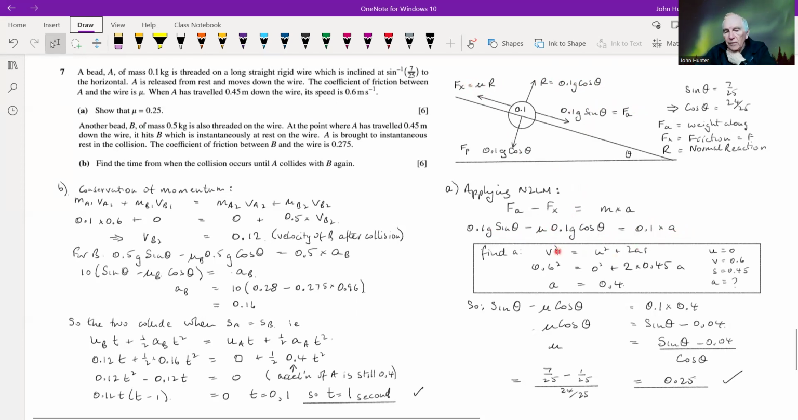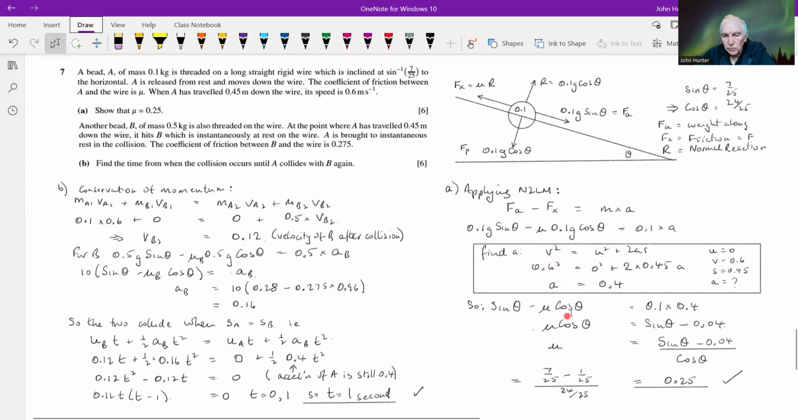But we can find the acceleration as a constant acceleration problem. And in this case, we're looking at the final velocity here. It starts from rest, so u is equal to 0. We've got 2as, well, 2 times the distance it's traveled, and this is the acceleration. So we can work out the acceleration to be 0.4 from that SUVAT